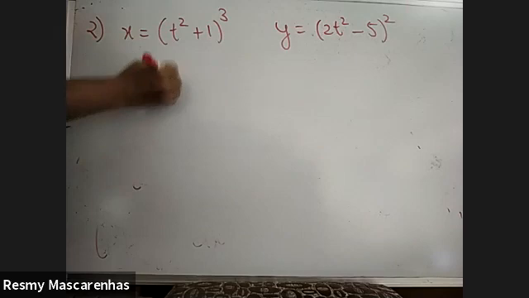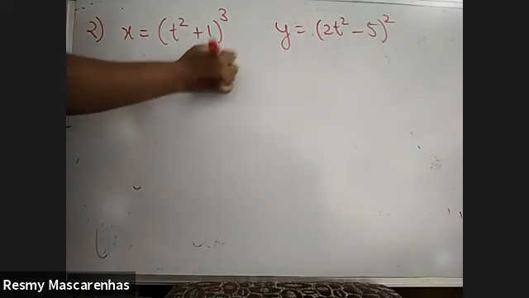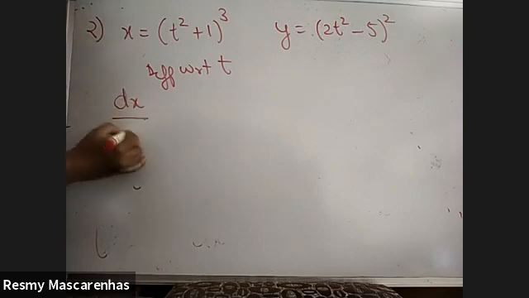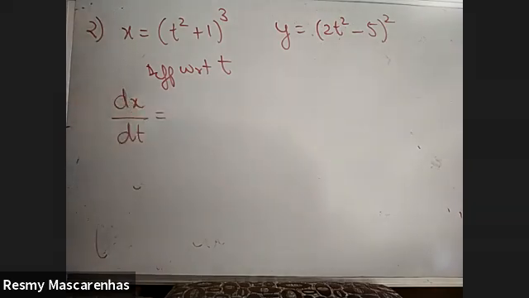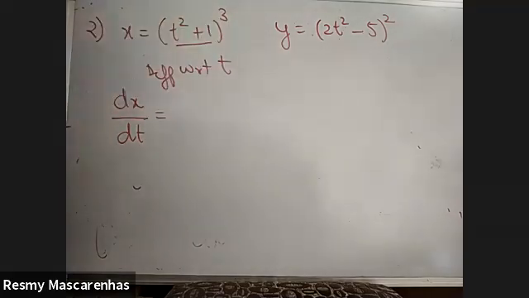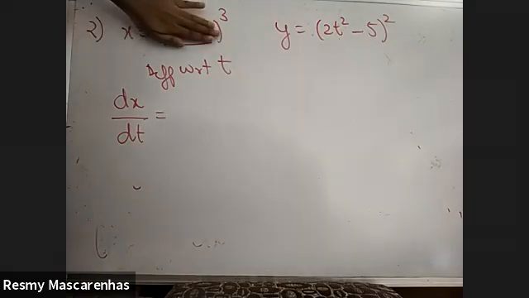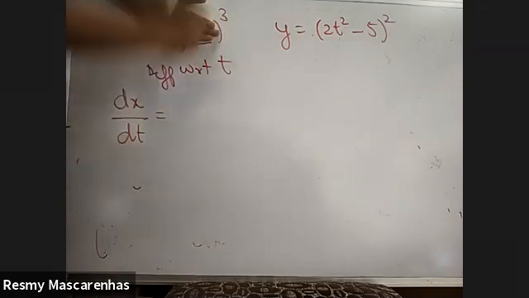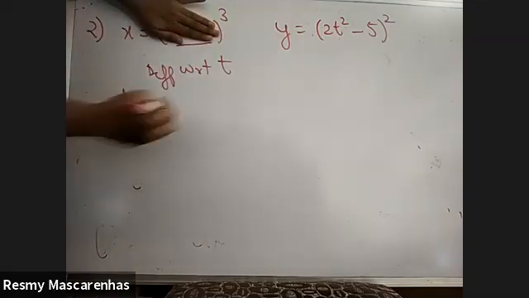Okay, so differentiate with respect to t. So as per that, what will it become? dx upon dt. Now I have to take the derivative of this. This is a function, something raised to the cube. Don't look at the bracket. So it is in the form of something cube, like x cube. So what will be the derivative of x cube?